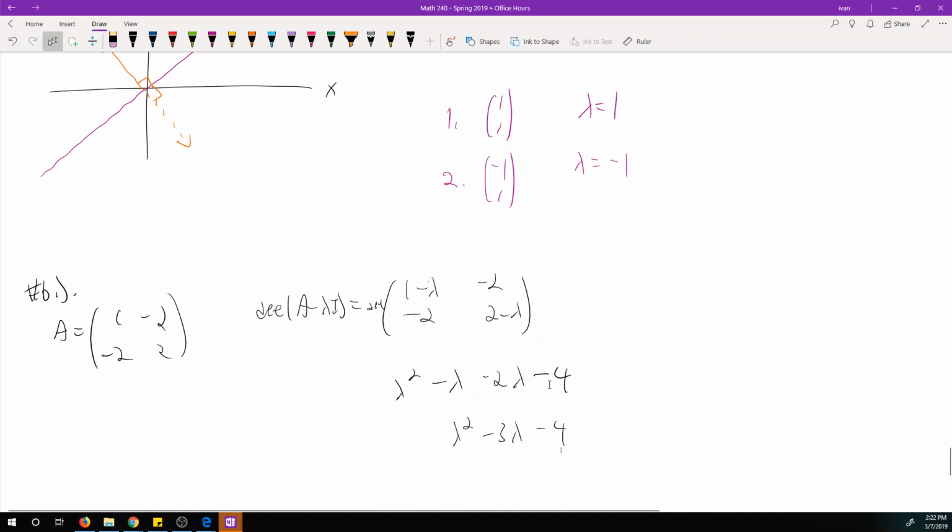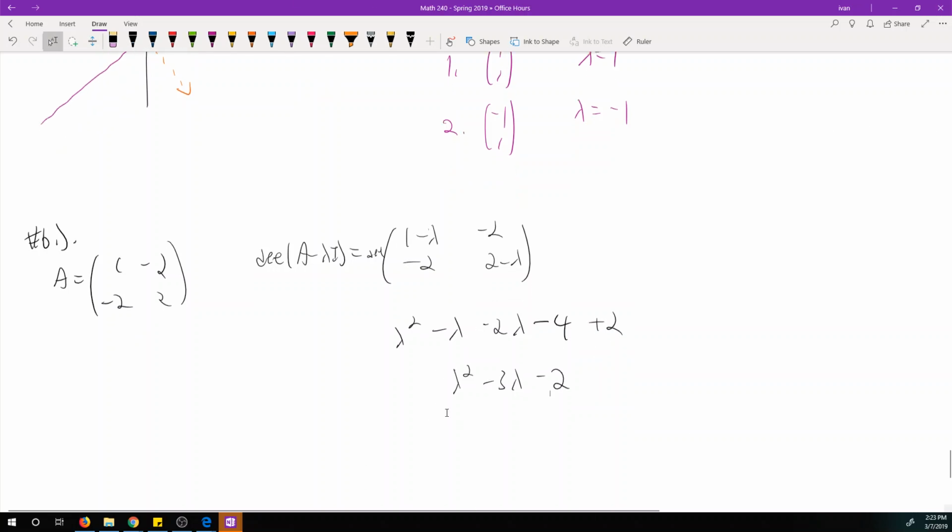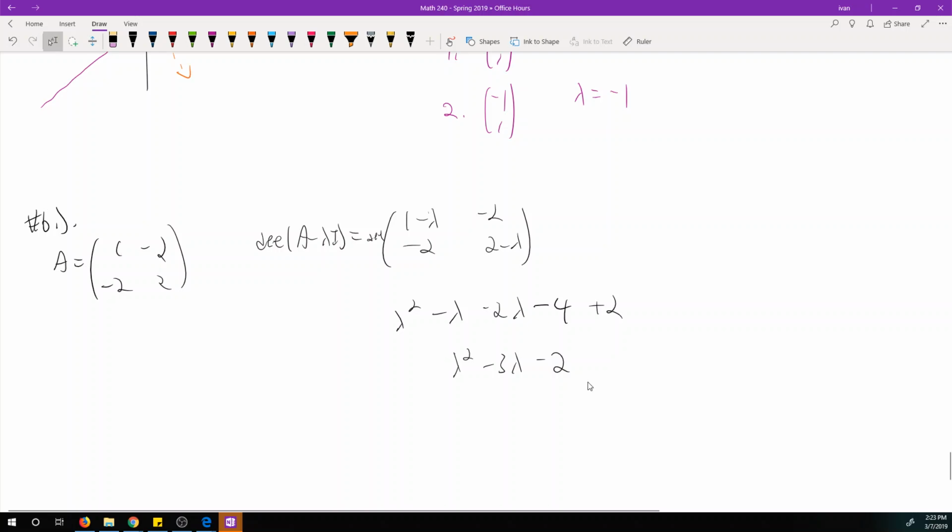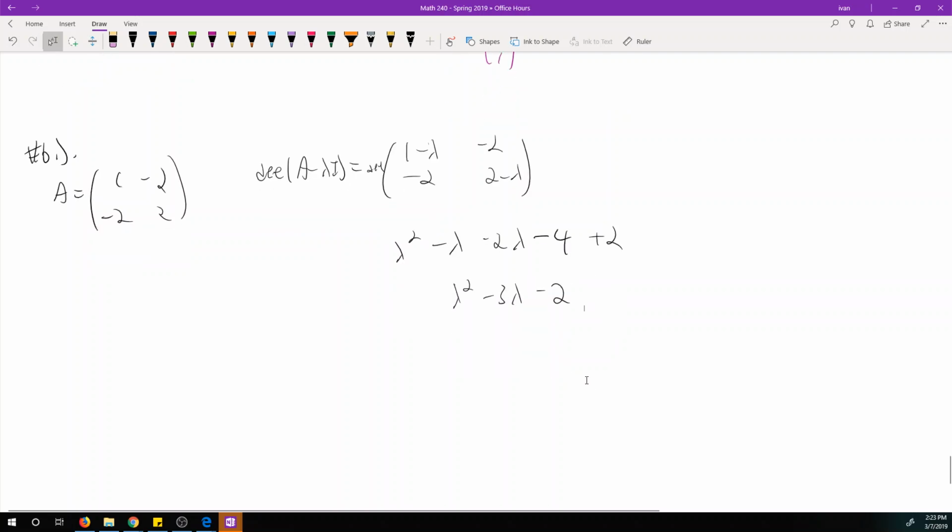Wait, hold on. I'm missing a plus 2. Okay, so this is minus 2. Okay, I think this one is the one that doesn't factor nicely. So I don't think this factors right here. This characteristic polynomial. So yeah, you gotta go to